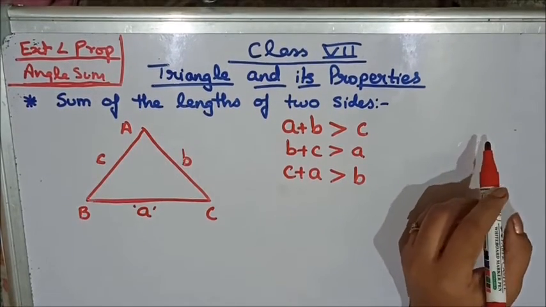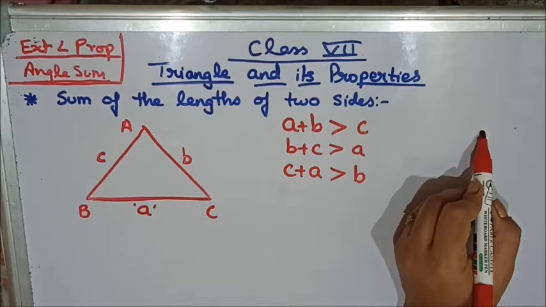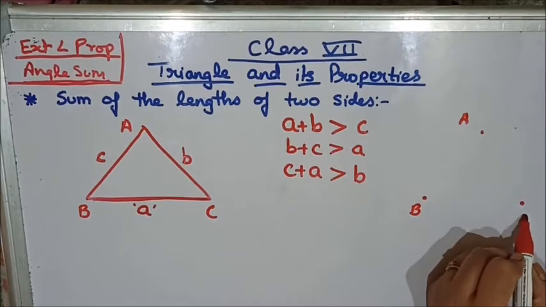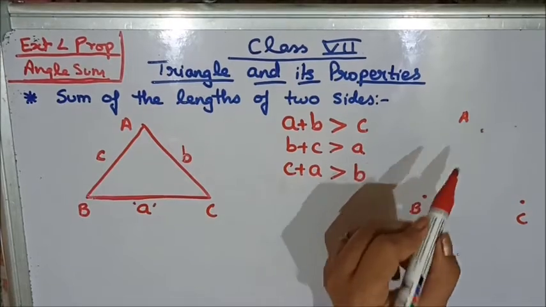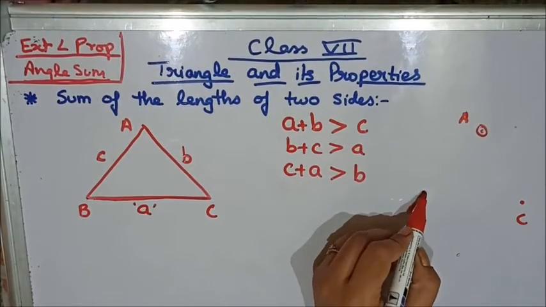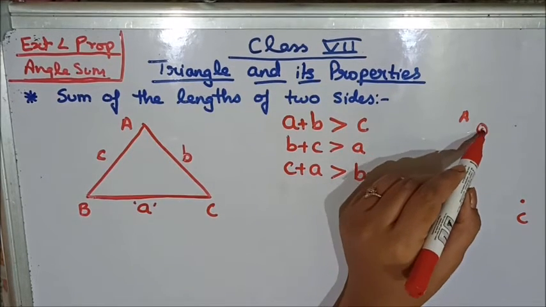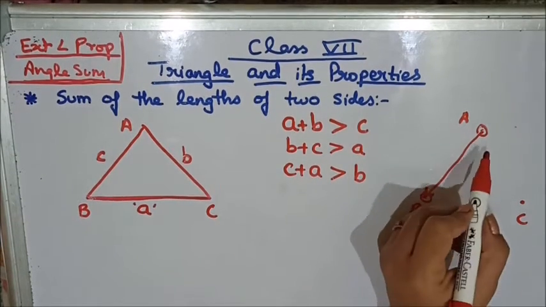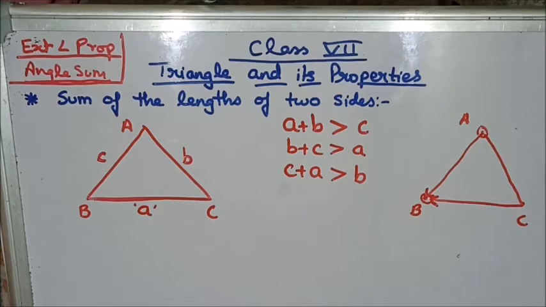For that we can take one example. Suppose in a playground, we assume three points A, B and C. Suppose you are playing a game in which you have to go from point A to point B. So there are two routes for going there. One route is you can go directly from A to B, or the other route is you can go to point C, and then from C you come to point B. So I have explained two routes here.